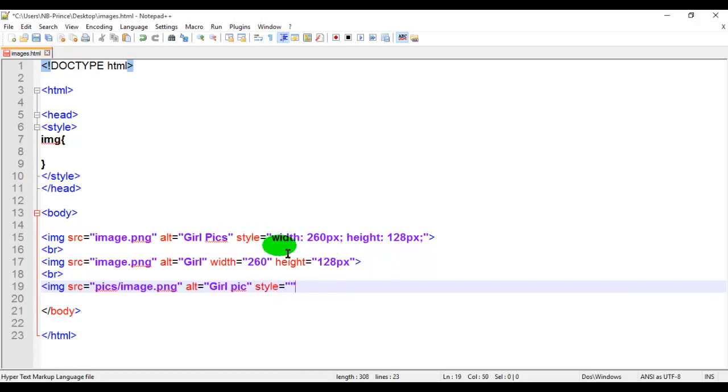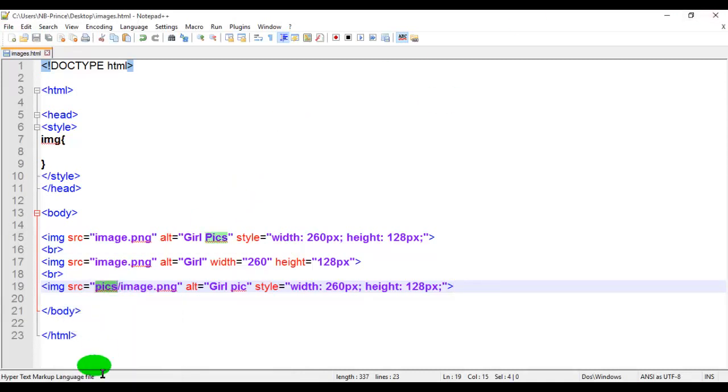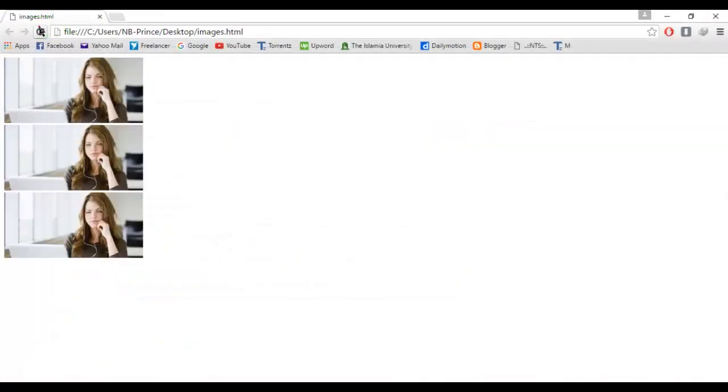style, width 260px, and height 128px. Image tag close. Now, as I have given the path to the image which is in the pics folder, now I have saved it, and let's see in the browser, and you can see that the third image is also displayed, as we have given the path to the other images, I also give the path in this image as in the another